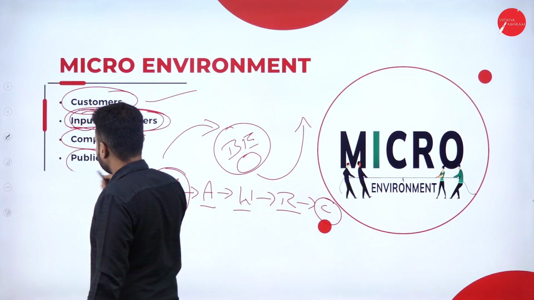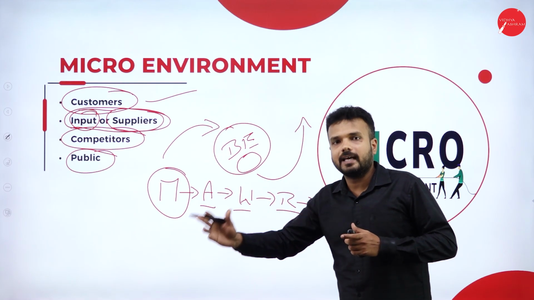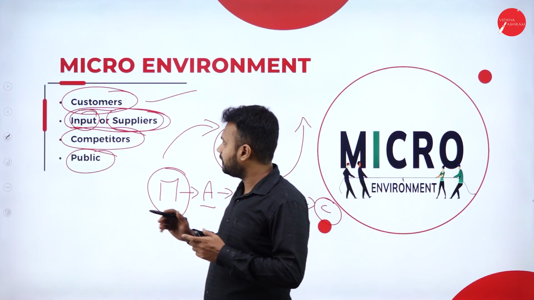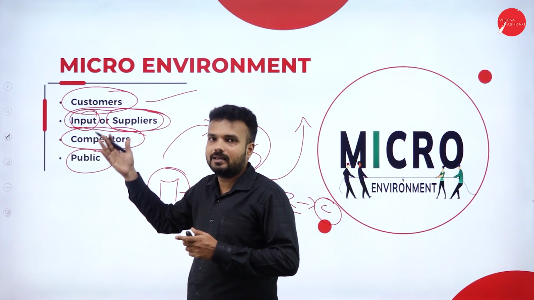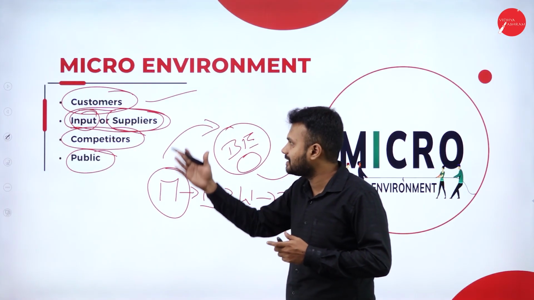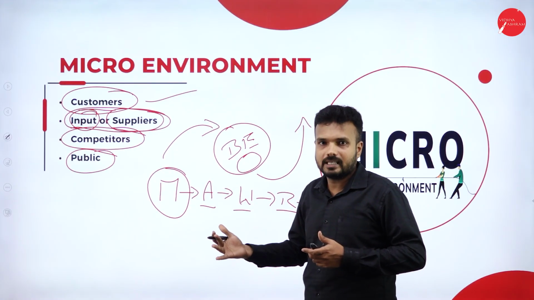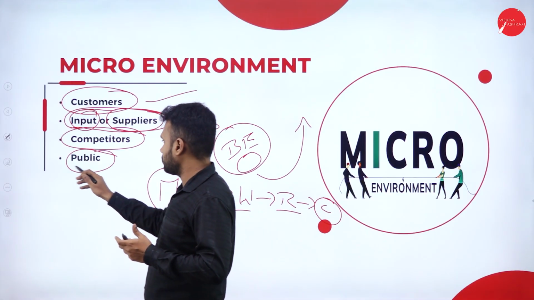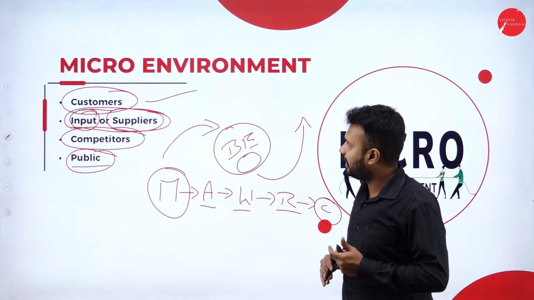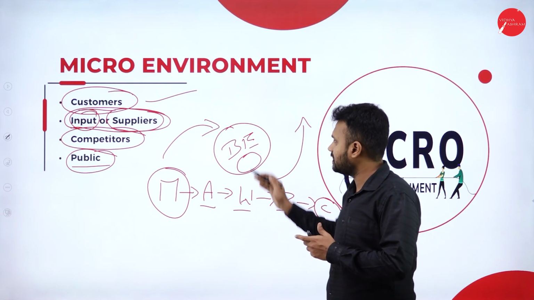Done. The last one is the general public. See, the general public, directly or indirectly, influences the business environment, right? Whatever people are present with the external factors, whether it is a customer, a competitor, or an input supplier, whoever the people are, they are directly or indirectly influencing the business environment. Hence I can say that the public is also a part of those things which influence the business environment directly or indirectly. Hence, these are the micro environment factors which influence the business environment.